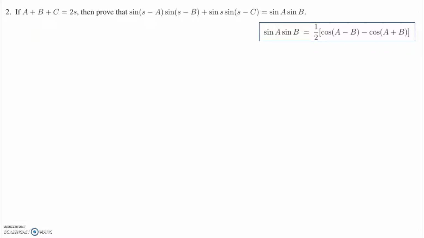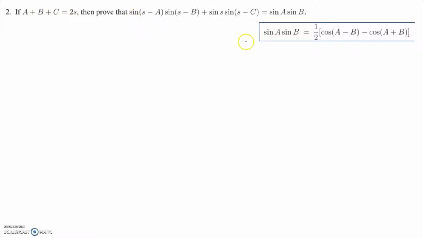In this video, we will see further problems from exercise 3.7. Question number 2. If a plus b plus c is equal to 2s, then prove that sin(s minus a) sin(s minus b) plus sin s sin(s minus c) is equal to sin a sin b. So, what is given to us is that a plus b plus c is equal to 2s, and we have